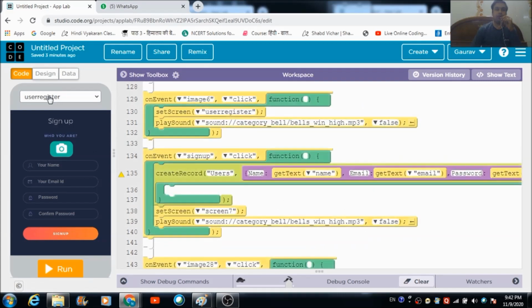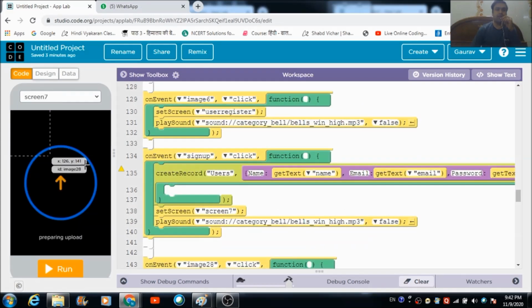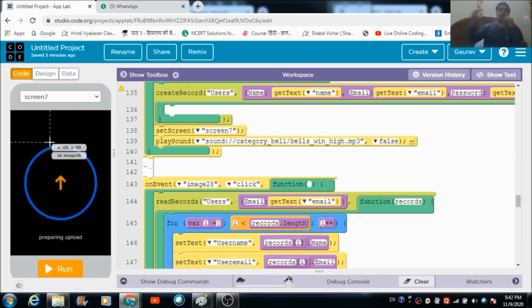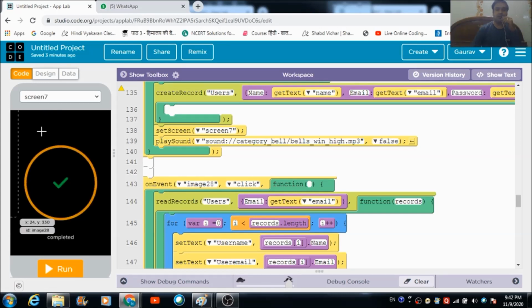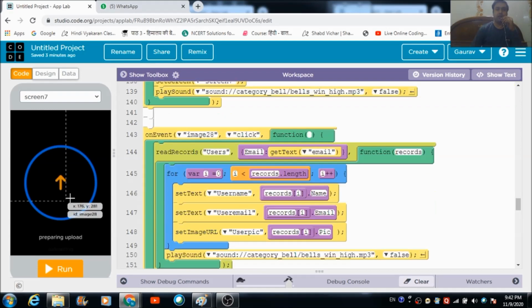So let me show you the view of screen 7. This is screen 7, on which I have an image component, and on that image component I've placed a GIF image. This is the GIF image which the user is going to come across.